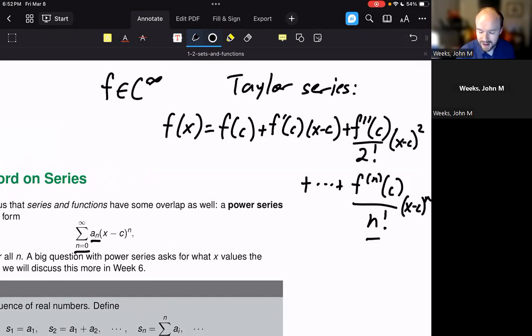So you can see you have a constant, at least with respect to x, that you can plug in for each of these terms, times x minus c to the n power. So this Taylor series looks something like this. This is exactly how we're able to show some very neat relationships about e to the x, because e to the x has very nice derivatives when we center this Taylor series